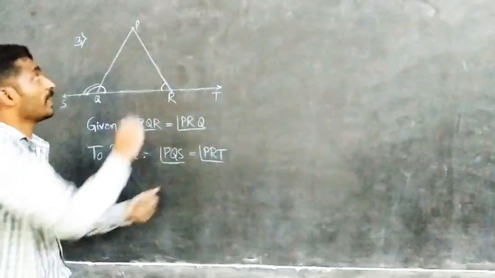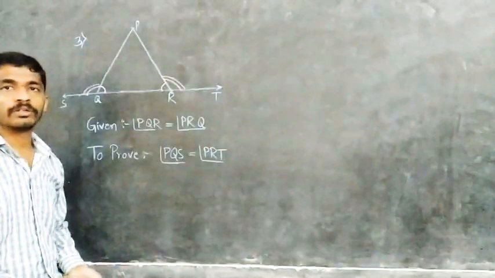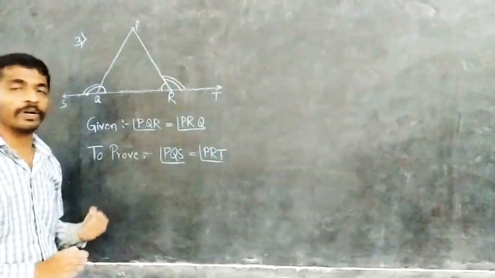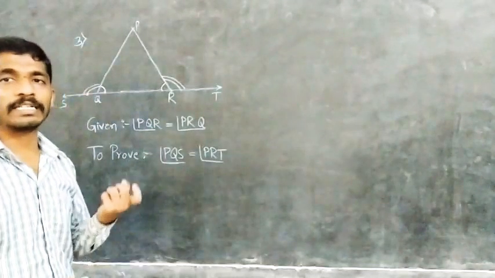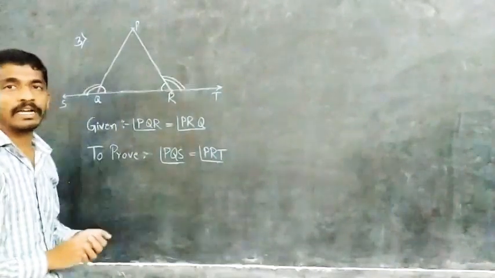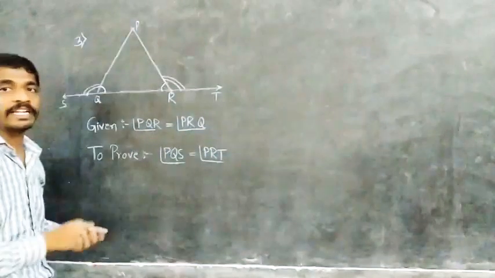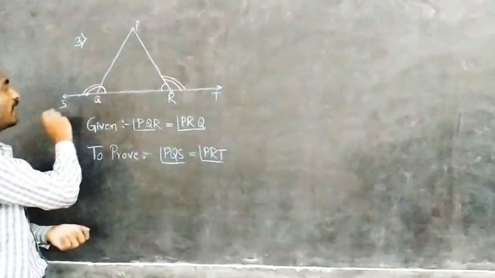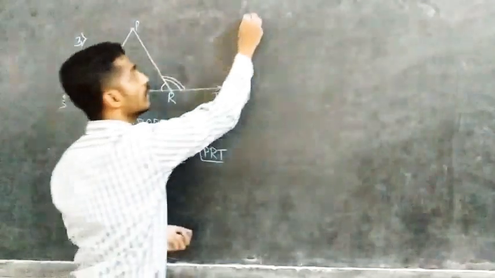PQS is equal to PRT. Okay, so what we have to do? First, use axiom number 1, that is linear pair. Here let's take SR. SR is a line and PQ is standing on it. So then what we will get? SQP, meaning PQS,